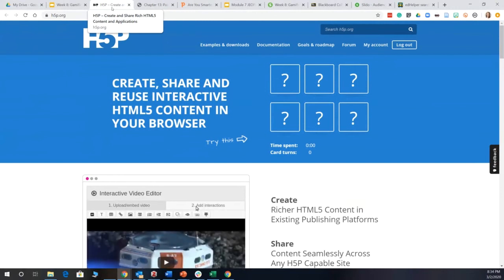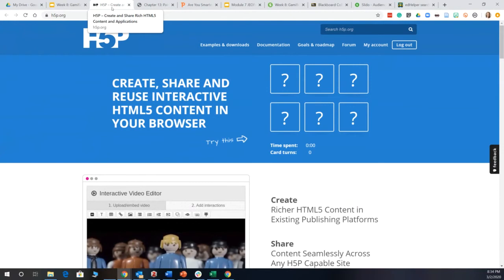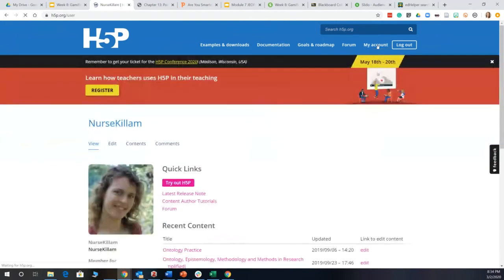h5p.com is for integration with learning management systems such as Blackboard, and it's for institutions to pay for, and it requires that you have a paid account. I'm currently logged in, so I don't